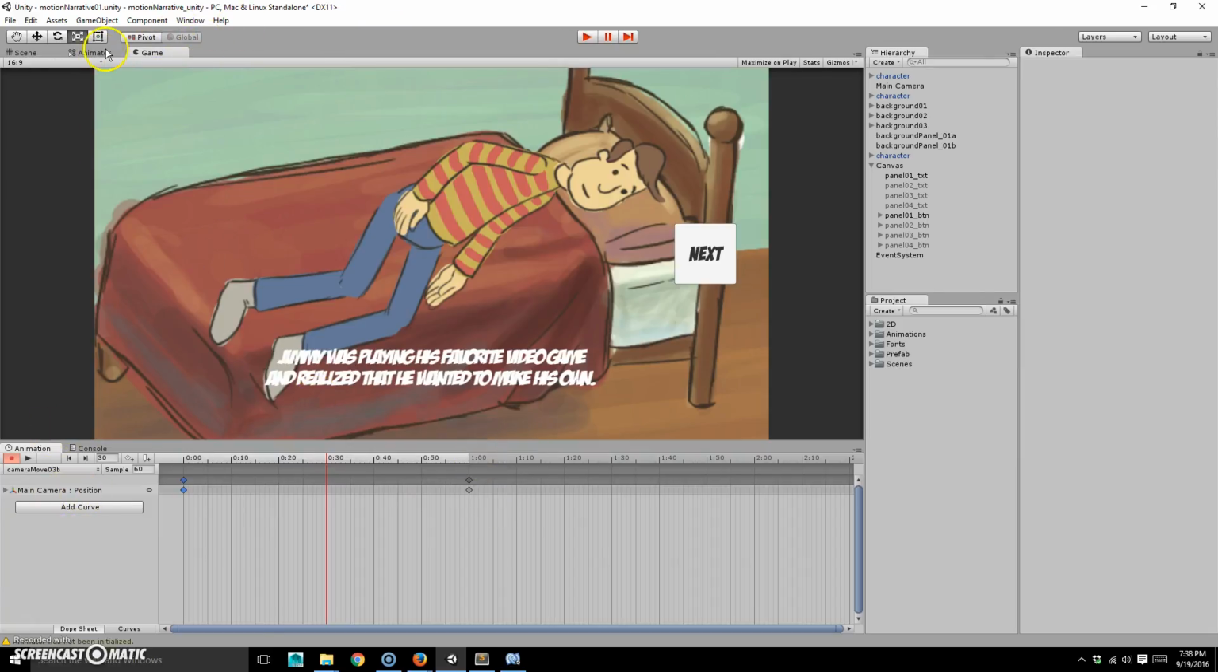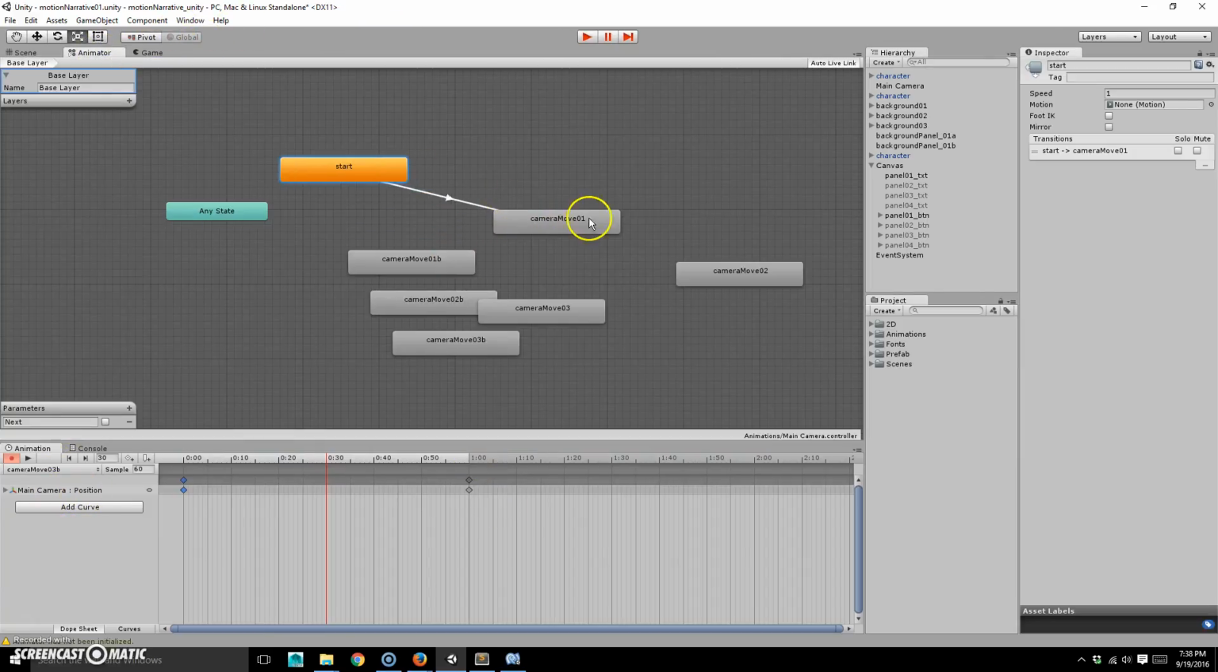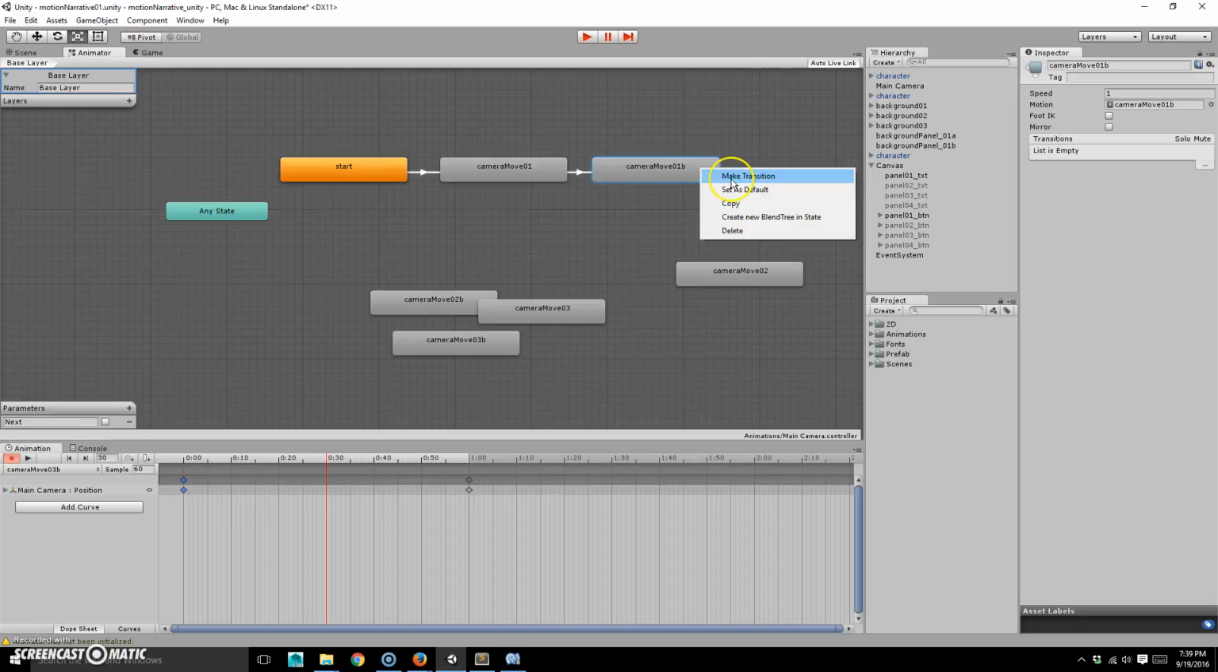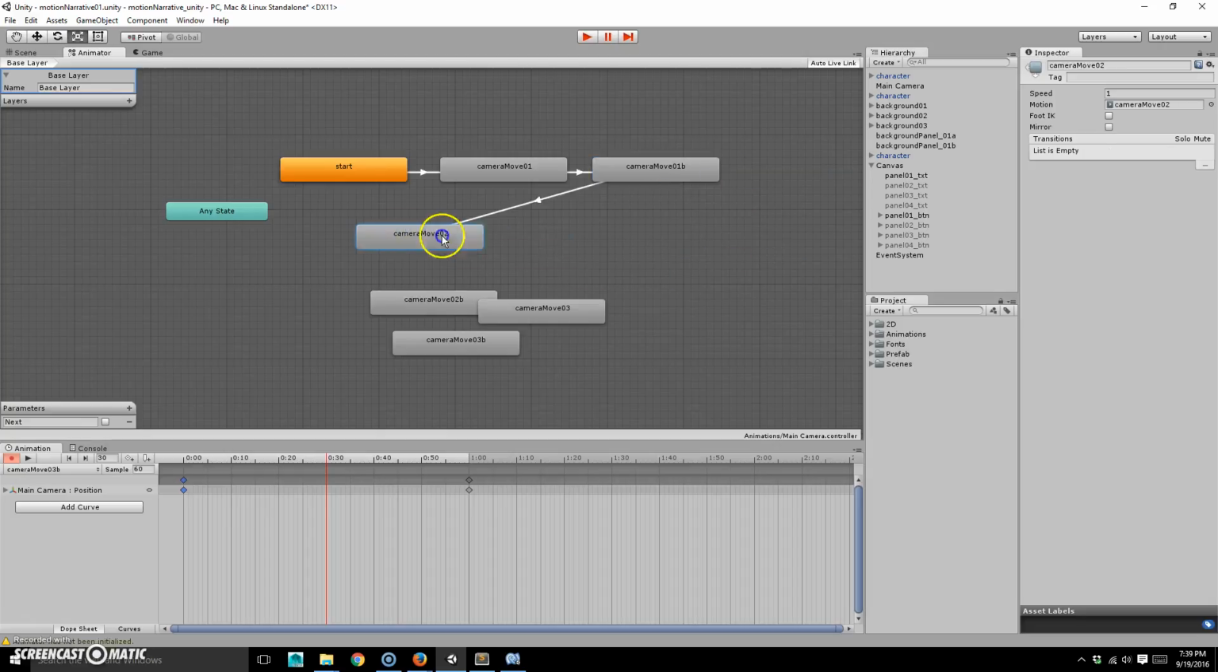Alright, so I'm going to go back to my animator, and here we go. So I got start, which is going to go to camera move. Then from camera move 01, I'm going to do camera move 01B, make a transition from this to this, and it will just go from here and then end up here, which is cool. And then from this, I'm going to have that make a transition to camera move 2, because after camera move 2, it's going to